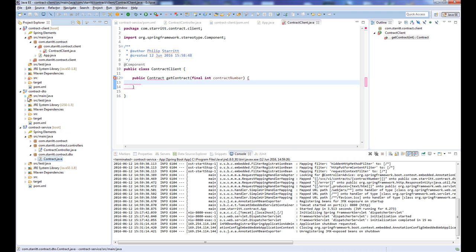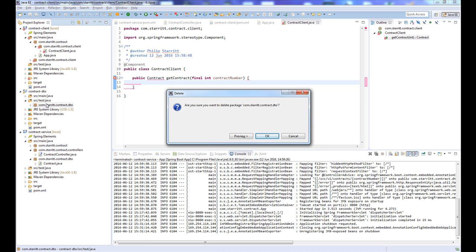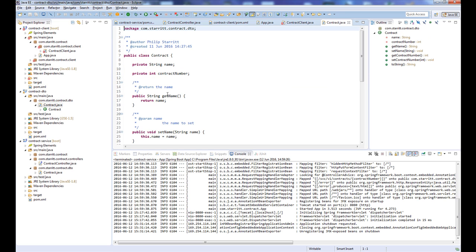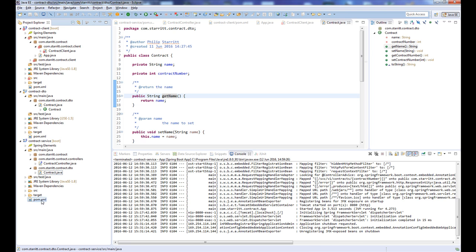Wait till that completes. Go ahead and delete the boilerplate code. And then we want to bring in the Contract class. Make sure all the references have updated. So it's just the name and a contract number. And we want to update our POM